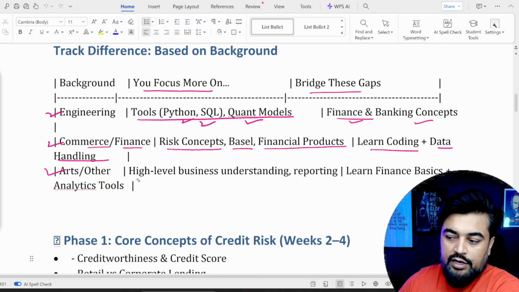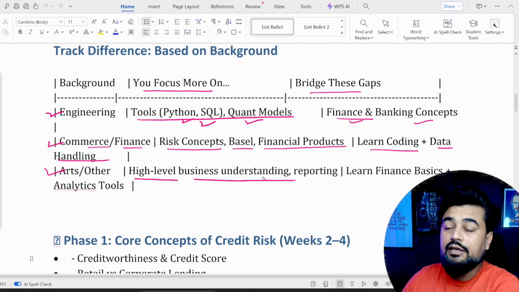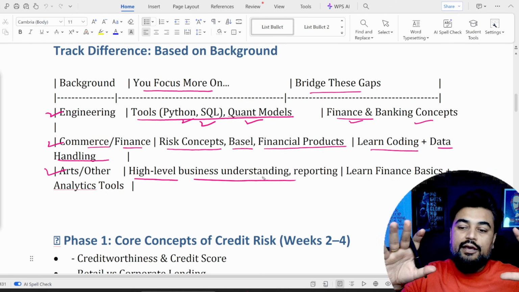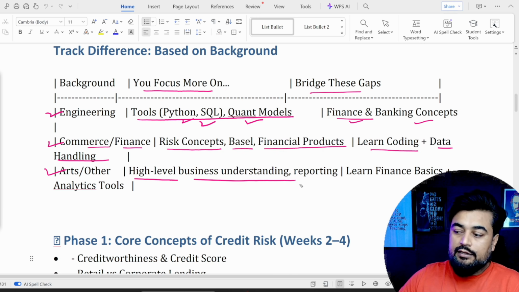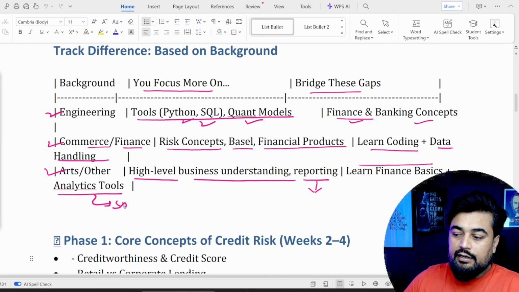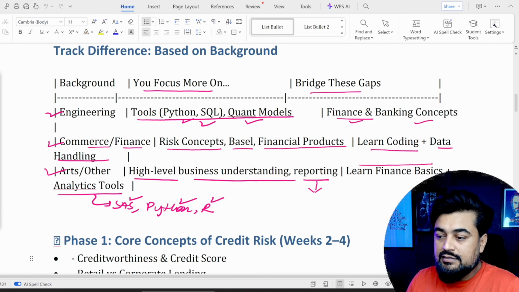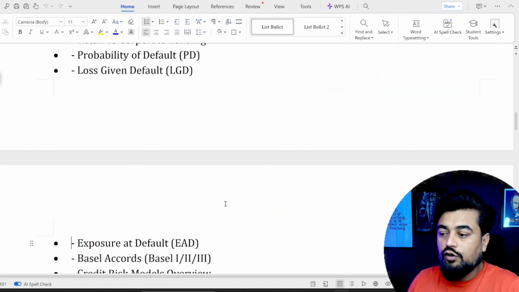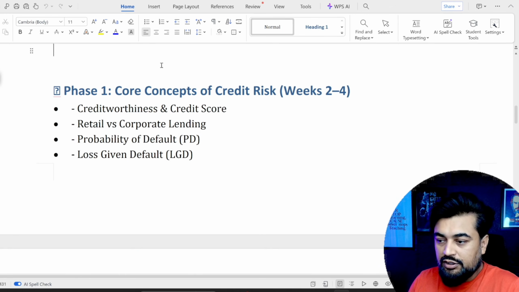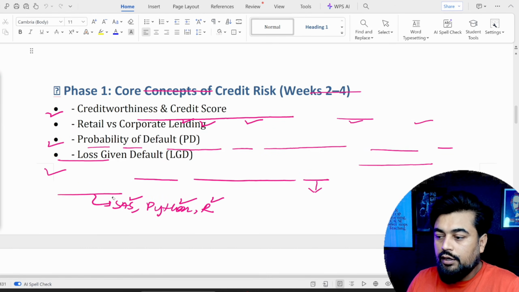Now for the rest of the members, okay, you need to understand high level business understanding, primarily only considered towards banking. Okay, don't go into generic understanding. And then what is the banking reporting, like IFRS 9 reporting, like Basel reporting, what are those, right? Then you need to learn financial basic concepts and analytical tools. What they can be, like SAS, you can learn Python, you can learn R language. These are the top 3 languages getting used in the finance sector at the moment. Okay, so this is your phase 1, and the time was already mentioned there, so I think that should be clear to you.